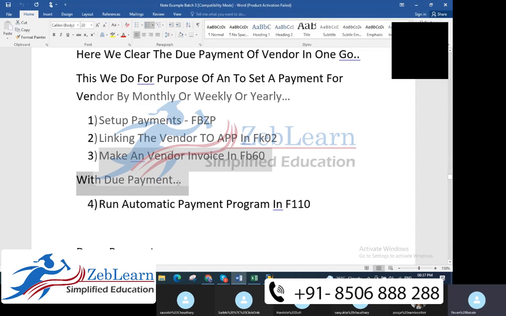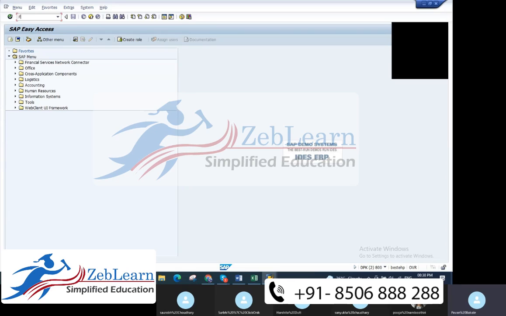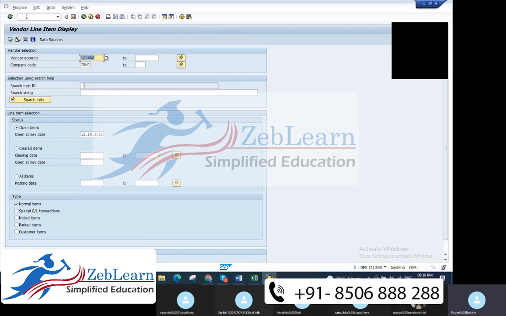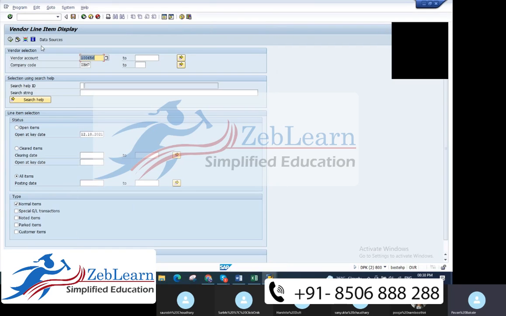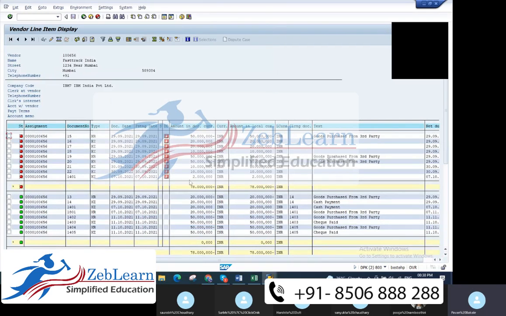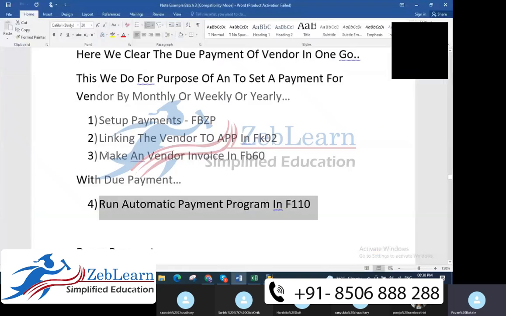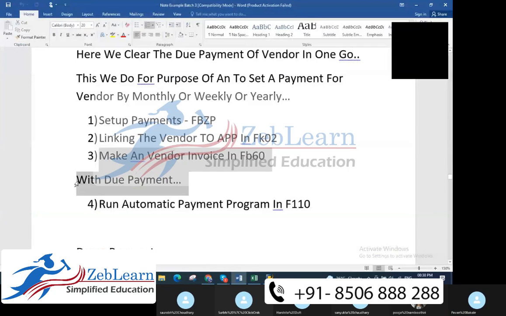Now we will make one due payment invoice. If you already have a due payment invoice, there is no need to make one. If you don't have, then you need to make a due invoice, because only then can you see how the payment will run. So for that, we'll check whether we have a due payment. FBL1N. Put FBL1N, put all items, which vendor we have linked, that is the first vendor. So select here the first vendor and execute. See, we already have this much overdue. 78,000 rupees is the overdue amount. Okay, so there is no need to make a due payment again. We already have overdue. If it is not there, then you should do this one.